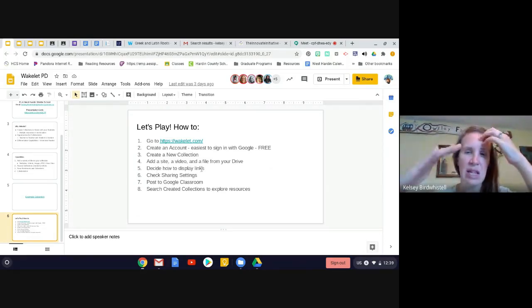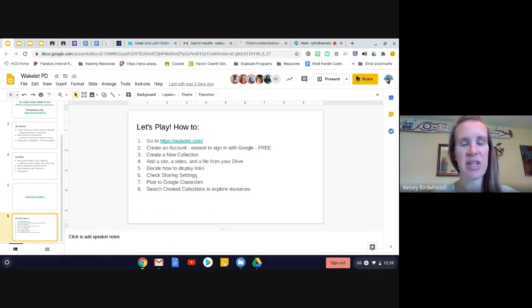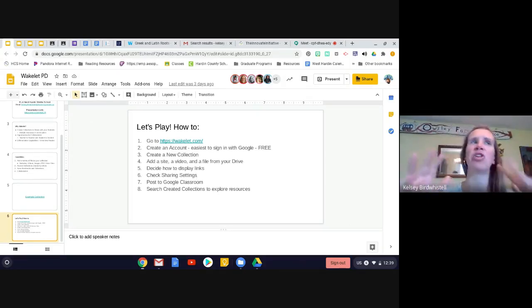So you can make it in a linear fashion, or you can make it look more like a choice board, like something like Pinterest would look. Make sure you check your sharing settings, like everything in Google. Well, this is actually a Microsoft product, but that same kind of concept applies, like, who do you want to be able to see this? So it's kind of like on YouTube, where is it private? Is it, someone with a link can see it, or is it wide open to the whole public?